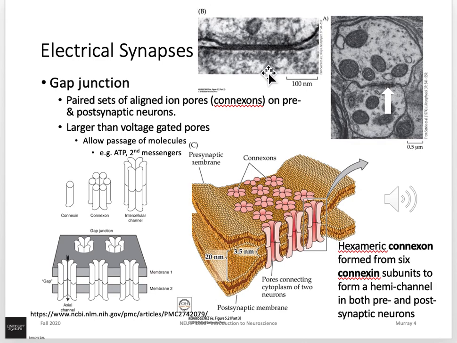So that's A here. A is a little bit more zoomed out, and you can see the two neurons in very, very close proximity, and an arrow that points in B is where these neurons communicate with each other at gap junctions. B is a little bit more zoomed in, and you can really get a feel for